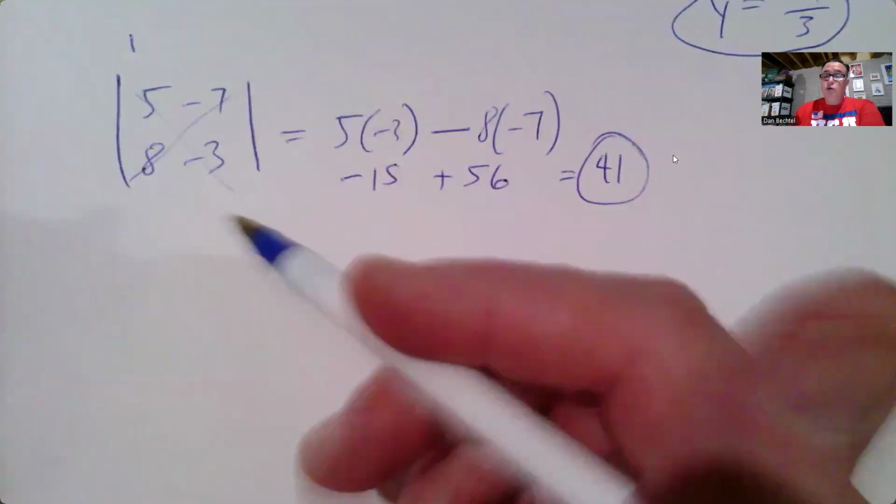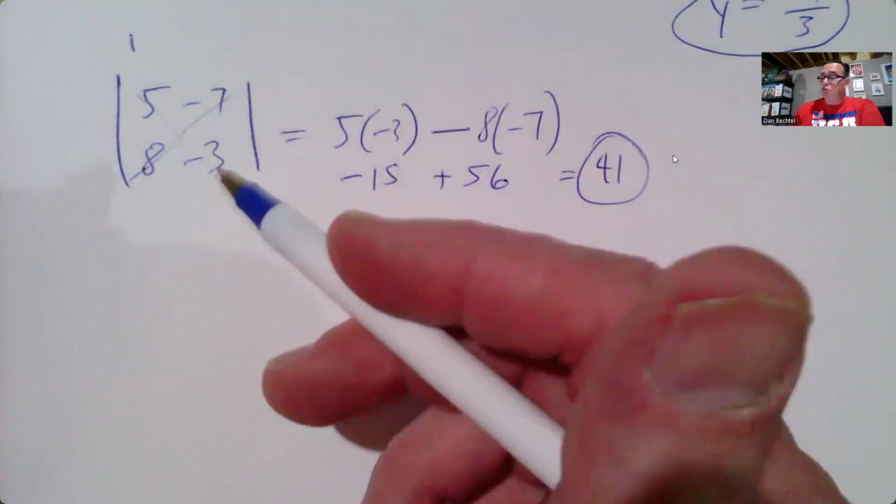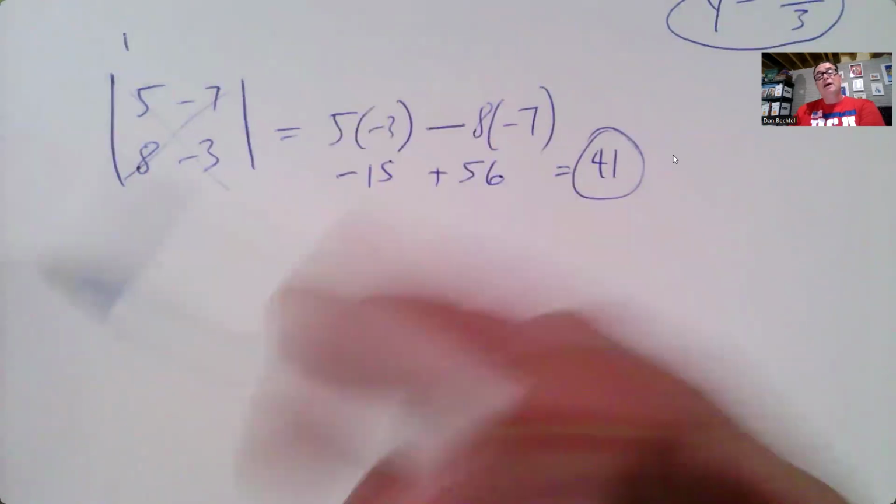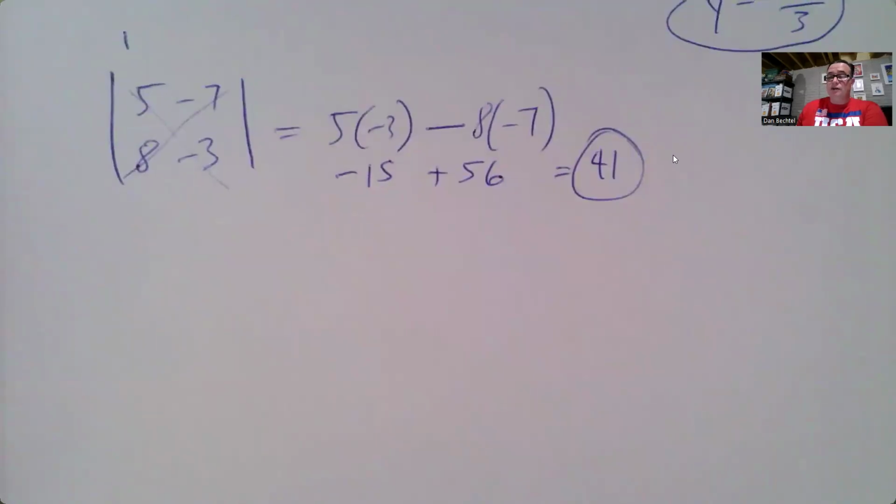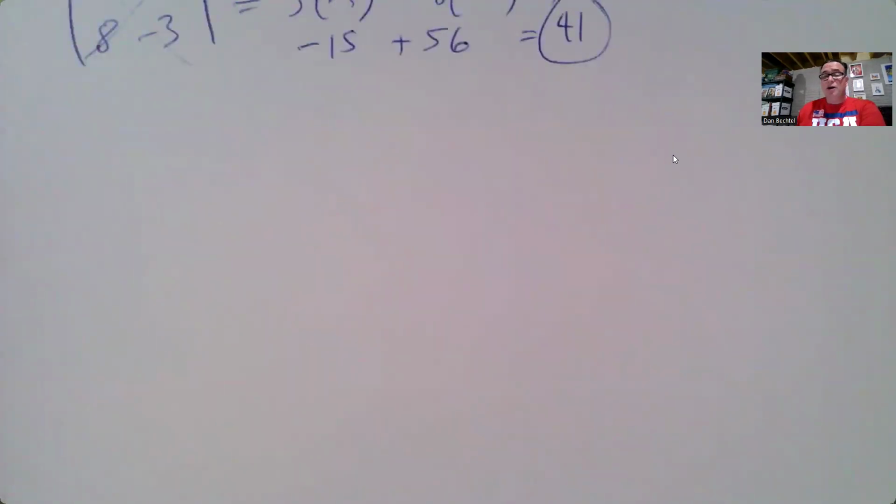Now, when you do stuff like this with a 2 by 2 matrix, it's super easy. You just do those and we're good. That gets involved when we start talking about the inverse of a matrix. But for right now, this just gives us a place to be able to talk about it. The 3 by 3 is the one that takes a little bit more time. And so when we do a 3 by 3 matrix,